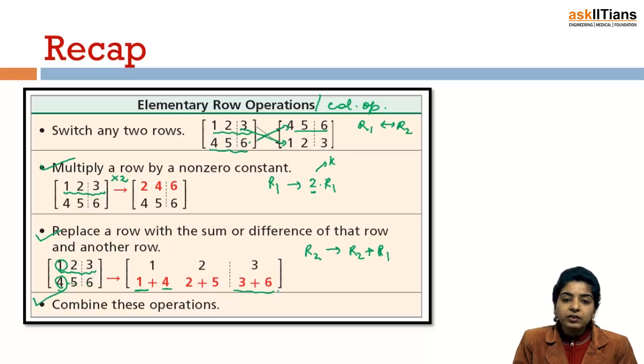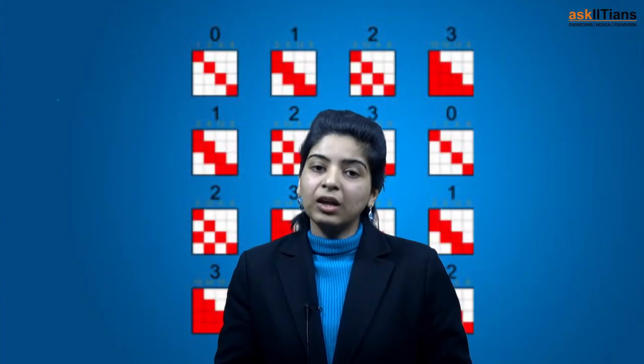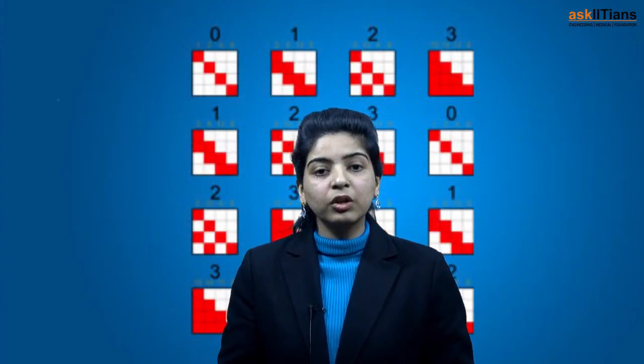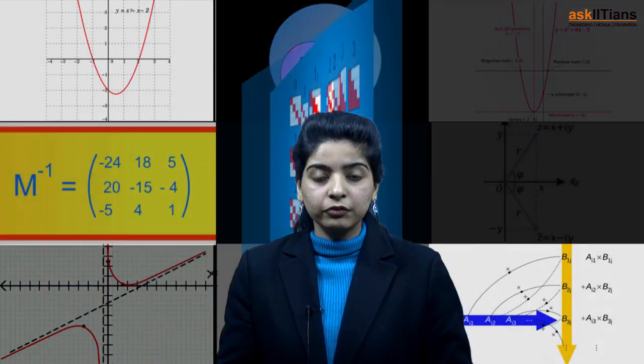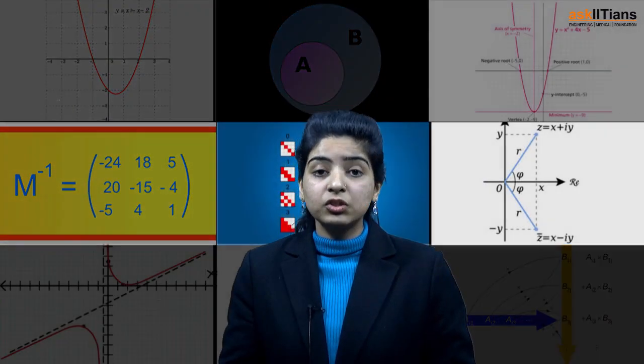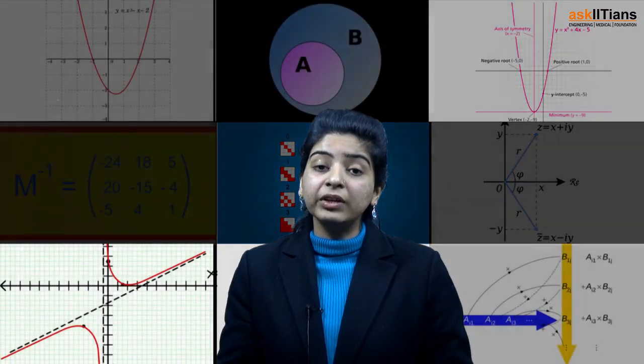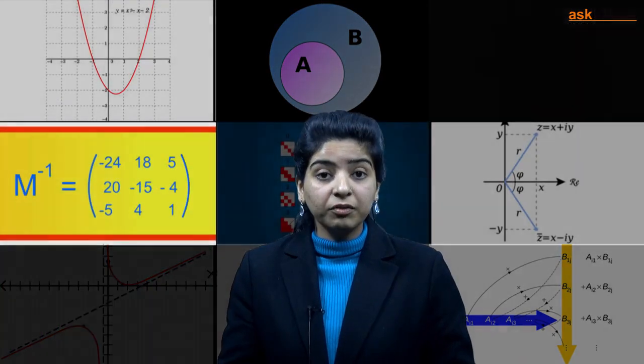Or what we can have is a combination of all three, or maybe two, operations. These concepts are basically used in finding the rank of the matrix and in solving various other questions. Once we do the concept of determinant, we'll be able to solve questions on this also. So by now I hope you have understood the concept of elementary row or column transformations. Do focus on this topic as it lays the basis for various other topics like rank of a matrix.